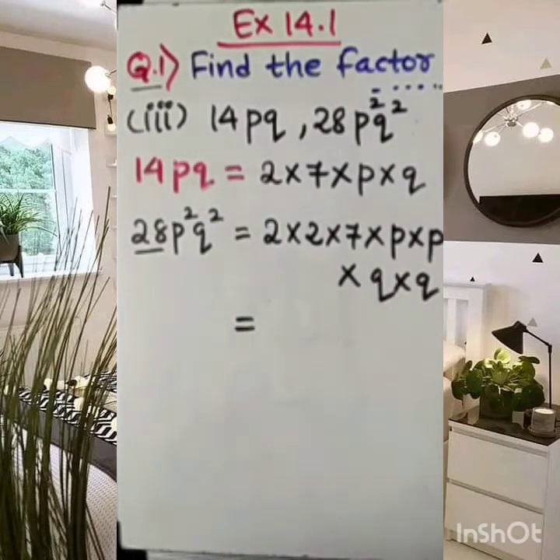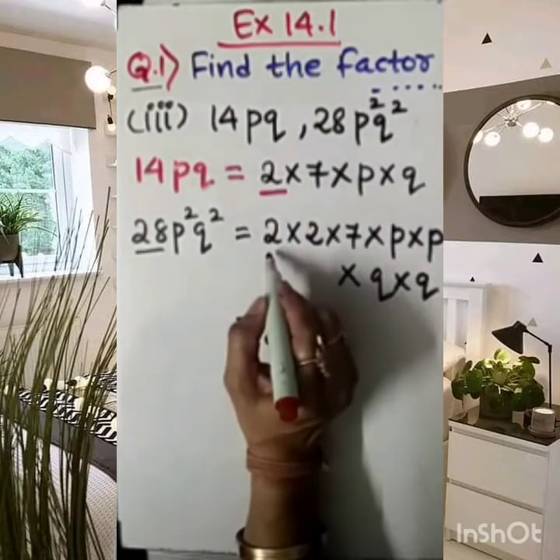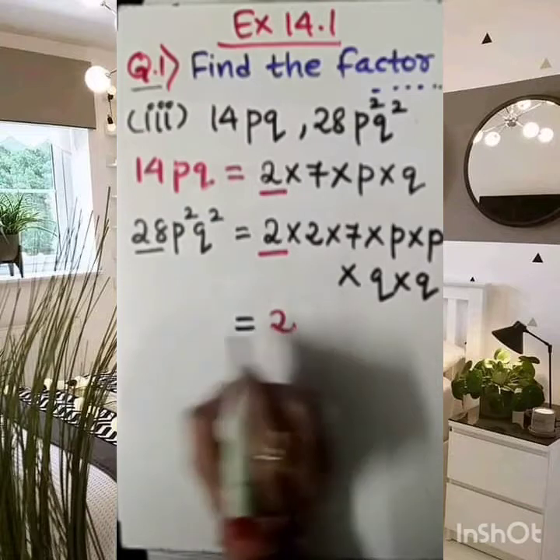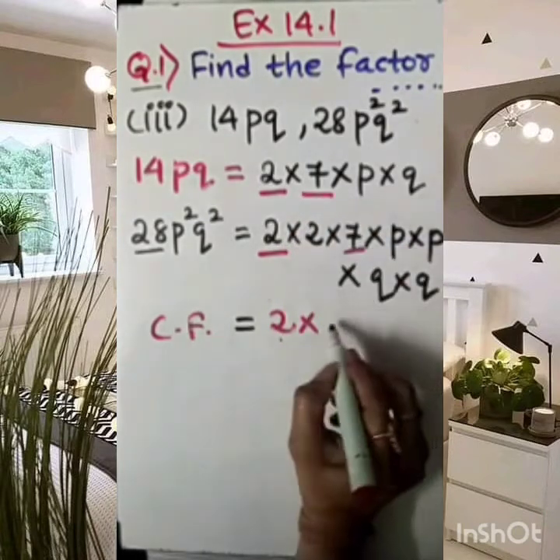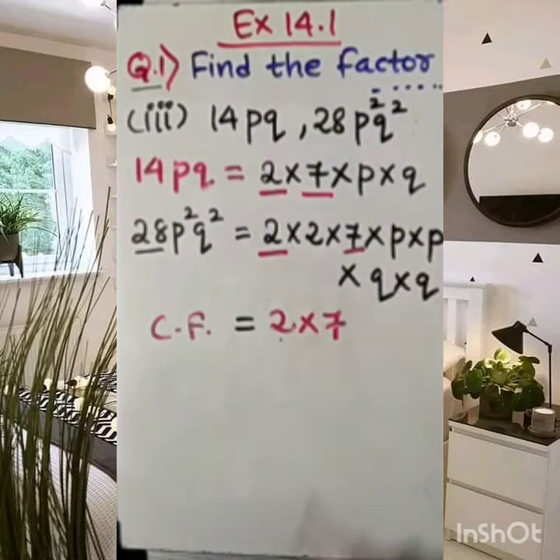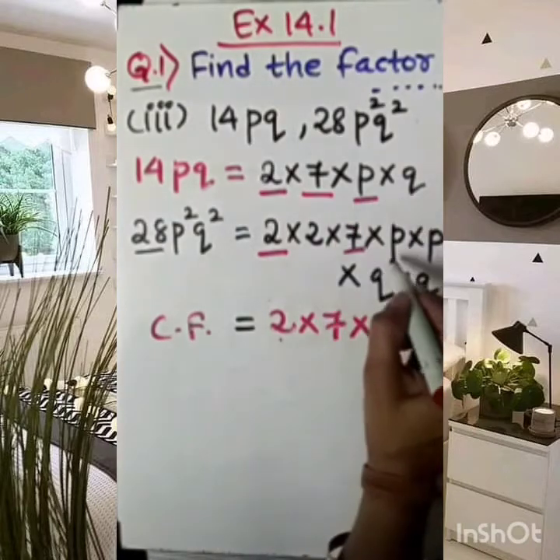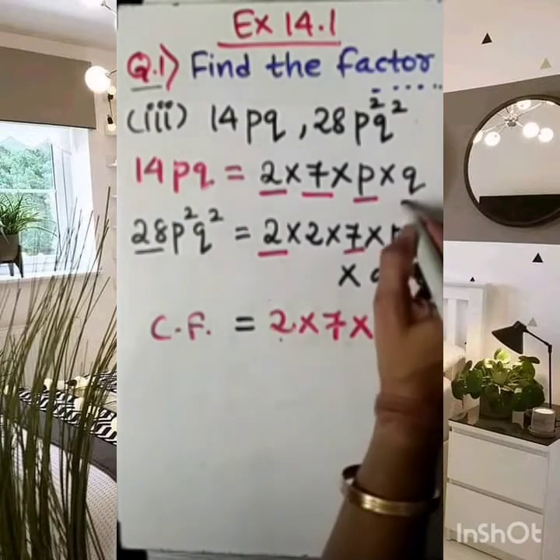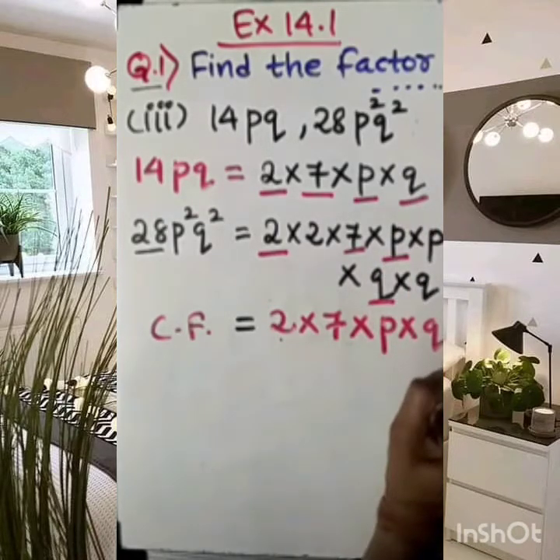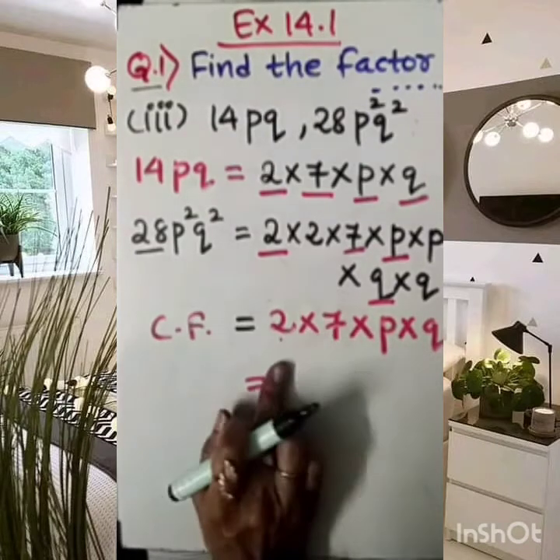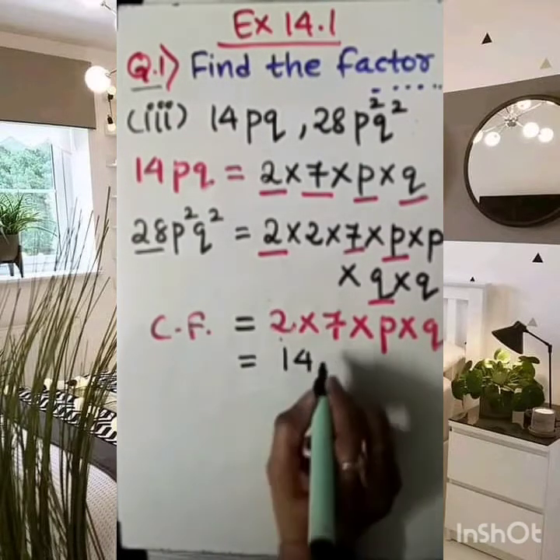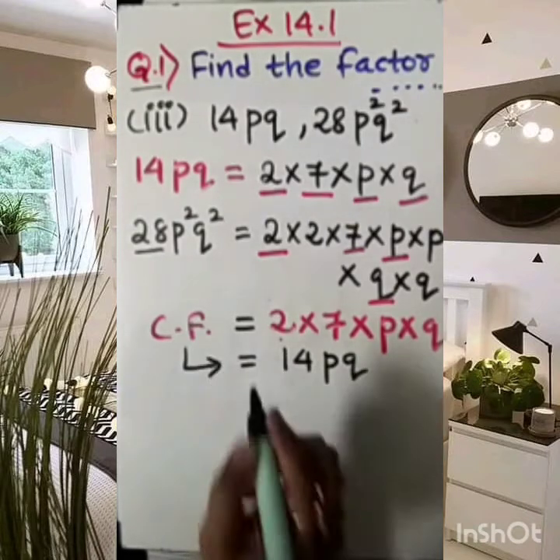So, my dear student, out of these two terms, let's take out the common factor. 2 is present in the first term and in the second term both. So, here common factor 2. Except 2, you can see 7 lies in both of these terms. Fine. So, it is common. Further, p is common in both of these terms and q is common in both of these terms. So, finally, the common factors are 2 into 7 into p into q. 2 7s are 14pq. Answer is 14pq. This is the common factor.